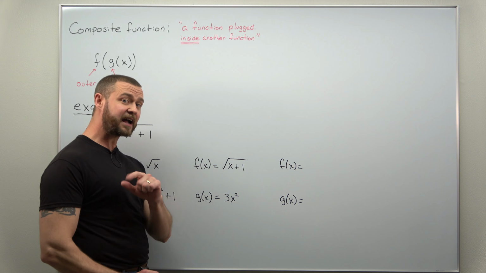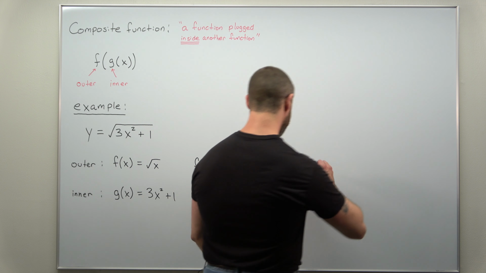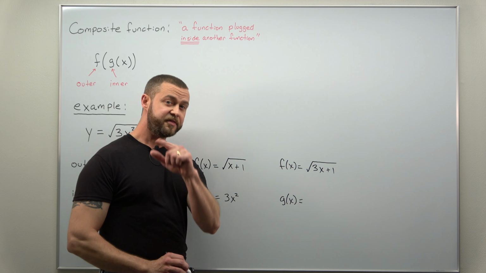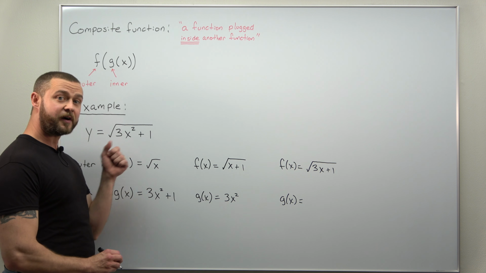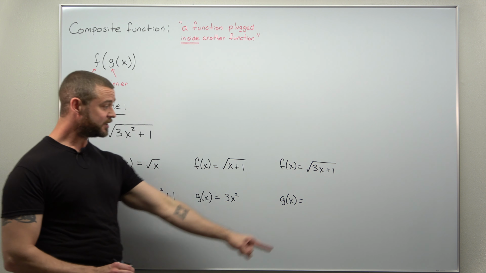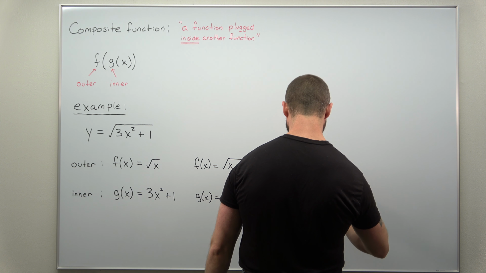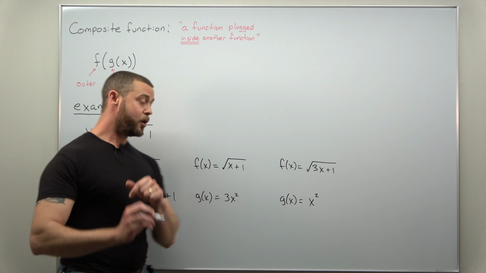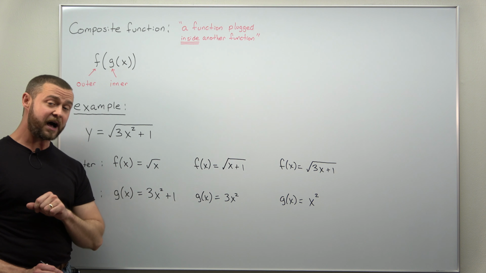We're going to take f of x, our outer function, to be not the square root of x plus 1, but here we can take it to be the square root of 3x plus 1. And think for a moment, what would you have to replace this x by to get this function? Well, it looks like we'd have to replace x with x squared. So let's take, in this case, g of x, the inner function, to be x squared. And there we go. Now, we have 3 different pairs that work for identifying our function as a composite,